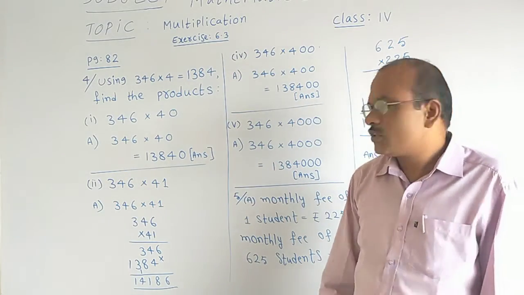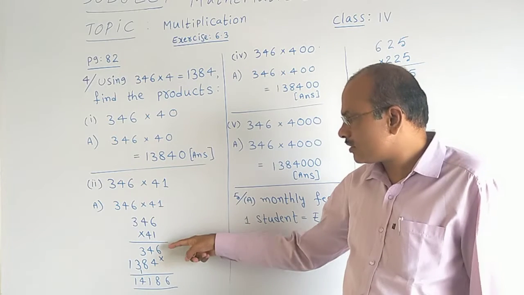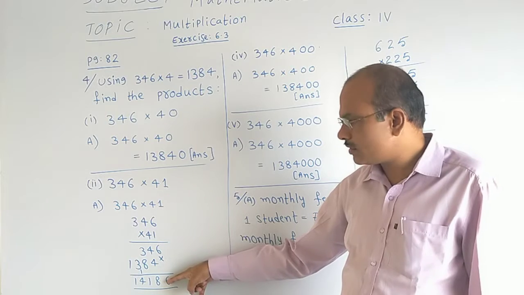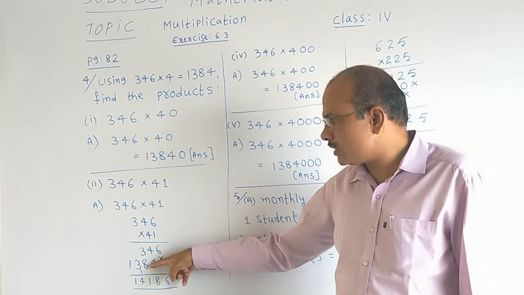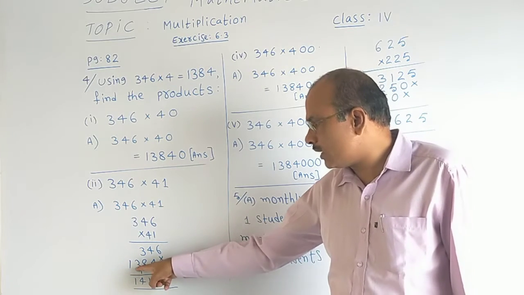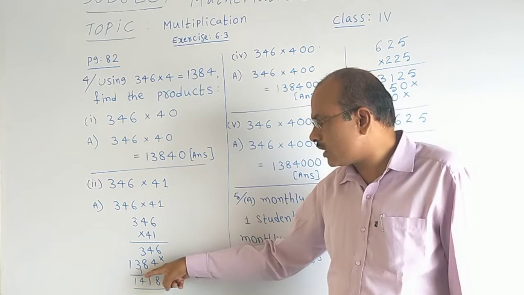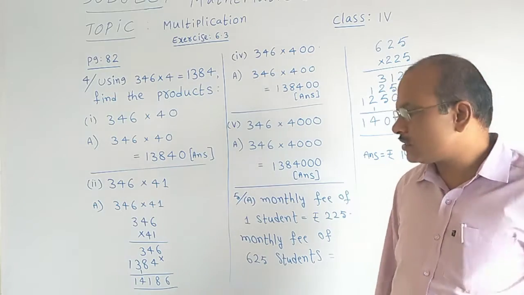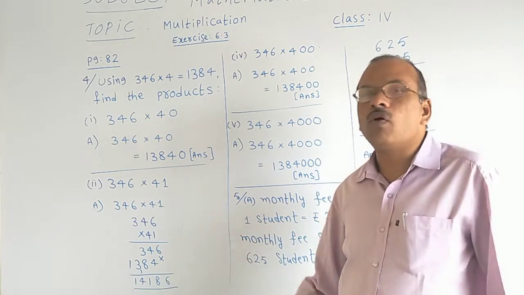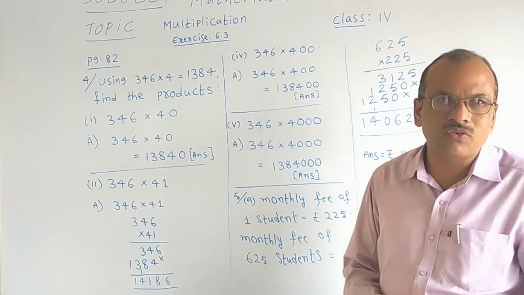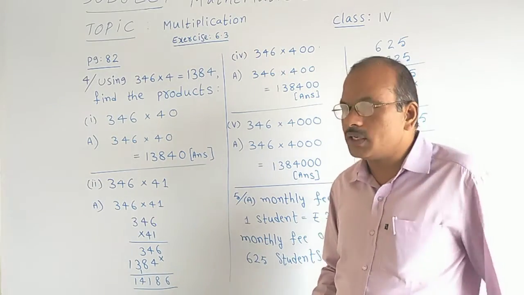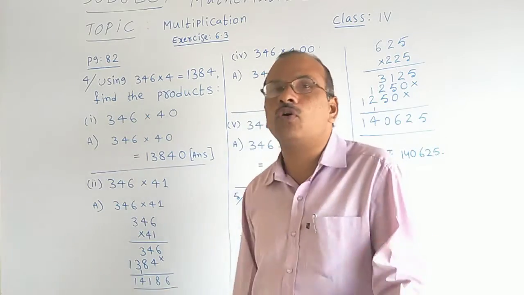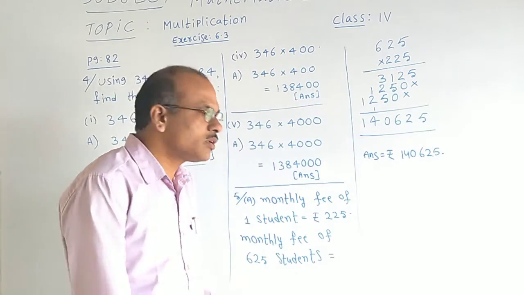Okay, now directly adding the things. 6 is written. 4 and 4 addition is 8. 3 and 8 addition is 11. Then 3 and 1 addition is 4, and that 1 is taken. Then the answer is 14,186. Then see the fourth bit in the same model of doing other sums.